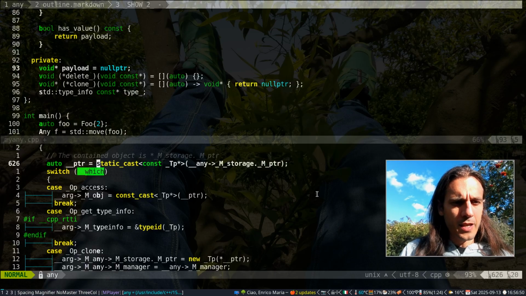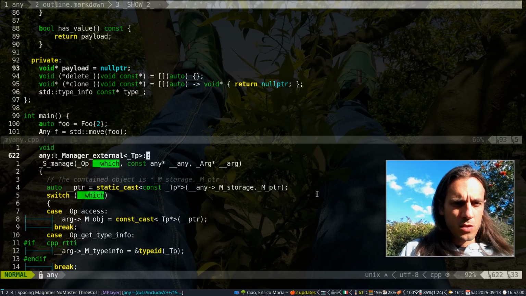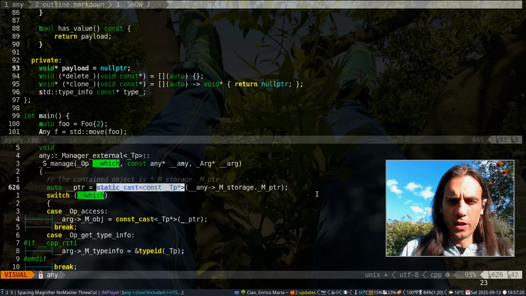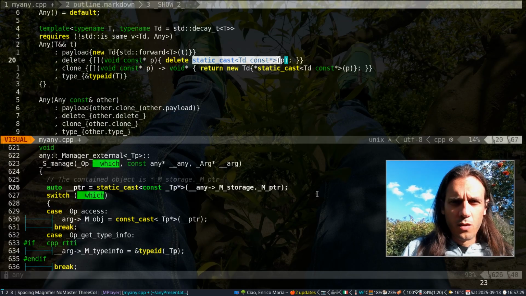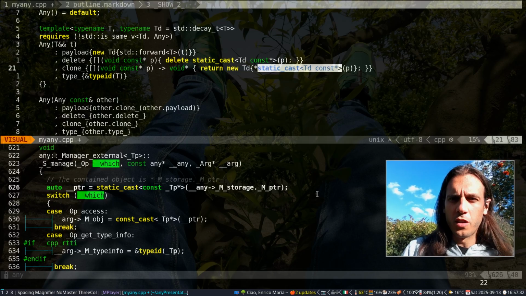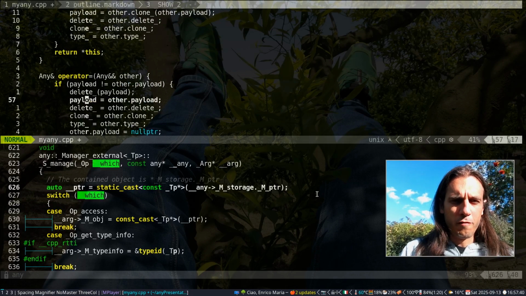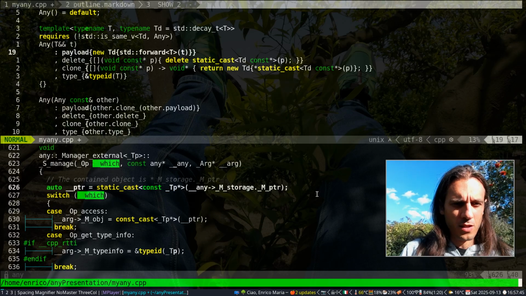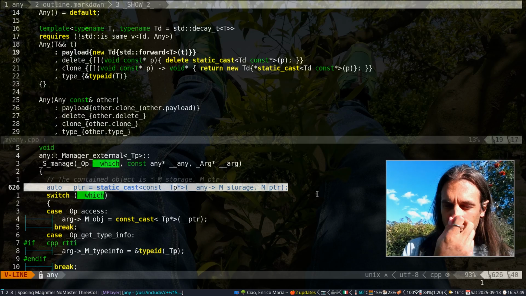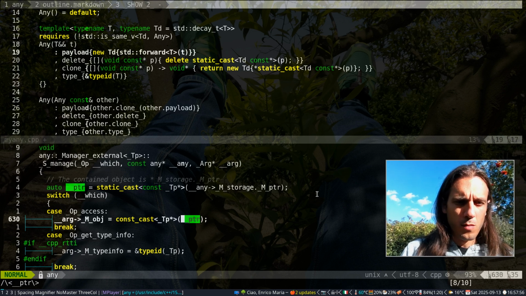And this is being static casted to the pointer to the type that is inside of the any. Because look, the manager is aware of the type, and so it can do the static cast on the void pointer. And that's exactly what we are doing on this line here. We're actually doing it more than once. We're doing it here, we're doing it here, and we are also doing it, I think, in the any cast here. So we have kind of sprinkled this idea of casting the void pointer to the correct type in multiple places, whereas this is being done in a unified place just here. This is where the pointer is being cast to the correct type,